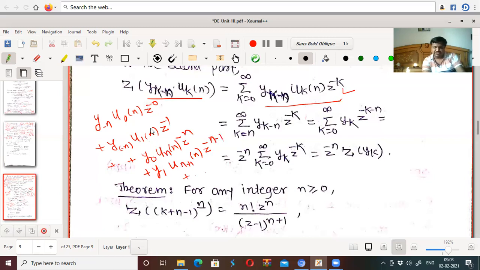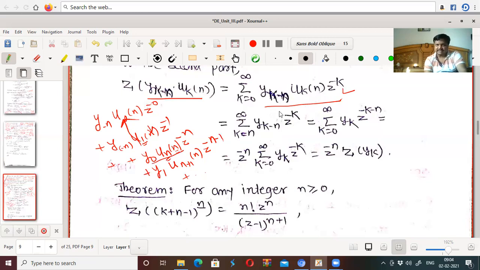Now see here what the unit step function says. If this term is less than this term, then it is always 0. It is 1 if this term is greater than or equal to n, so from here you will get 1. Otherwise all the previous terms vanish, and therefore we get the sum for k from n to infinity of y_(k-n) z^(-k),